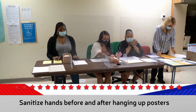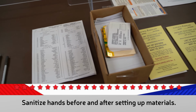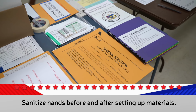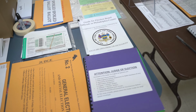Set up the election tables with the following materials: 2 poll books labeled A through L and M through Z, supplemental pages, 2 yellow books identified as number 2 and number 4, language access guide, absentee mail-in voters list, which are delivered by a police officer in the morning, the purple folder, labeled Attention Judge of Election, which contains the